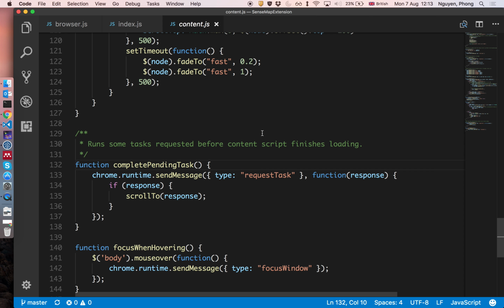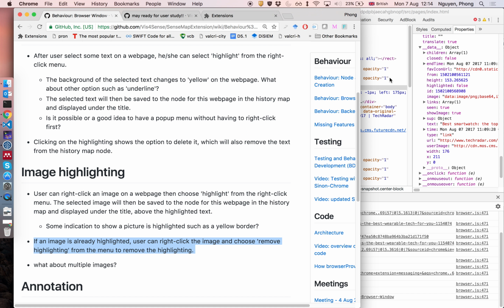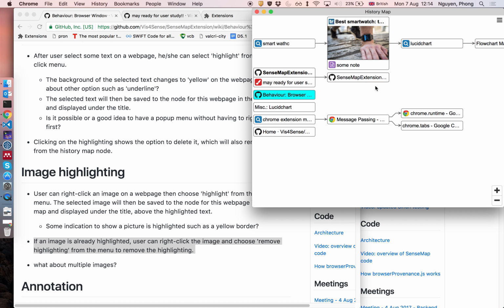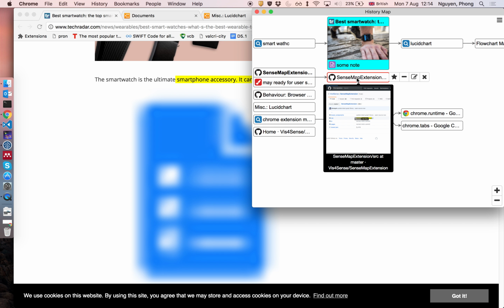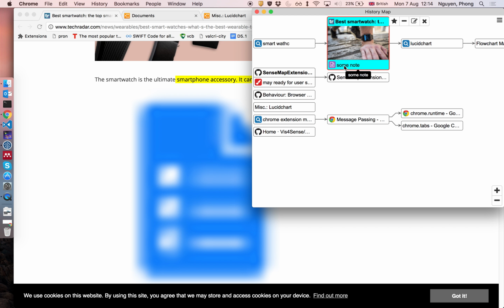Complete pending task. Pending task is actually something tricky. So when you load the page, I think that's thrown in. When you click on something here, for example some note, it will open the page. Can you imagine what you need to do to implement that feature? To implement clicking on an icon or the text here, it will